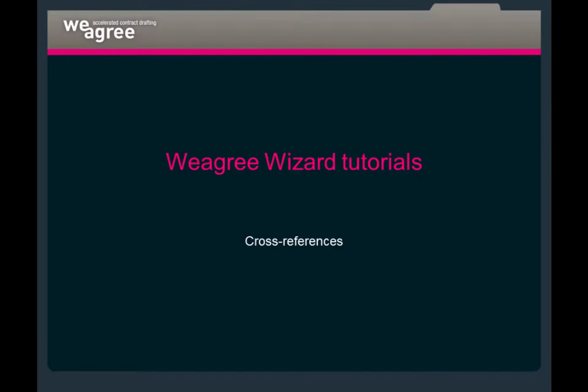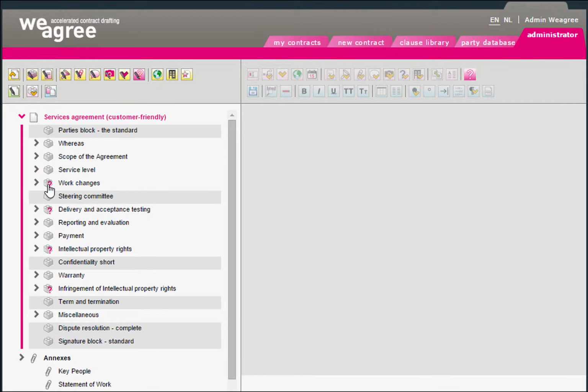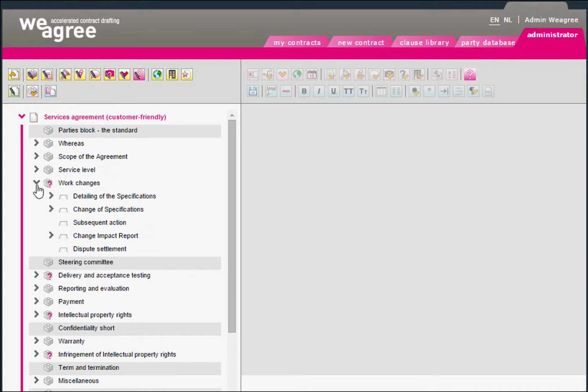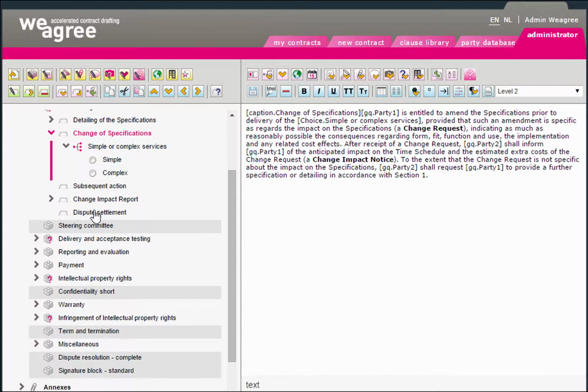In this video, we'll be showing you how to insert a cross-reference and how to add formatting properties to the cross-reference, such as a hyperlink or the word above or below. In the Weagree wizard, making cross-references is simple. Thanks to a unique functionality, cross-references will automatically renumber if, for example, clauses are inserted or left out during the